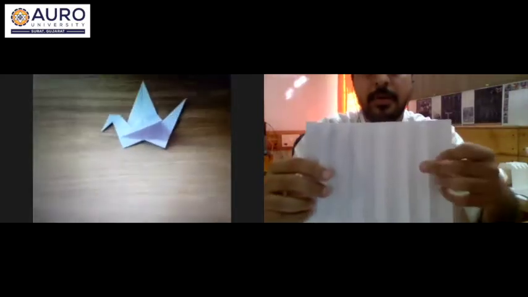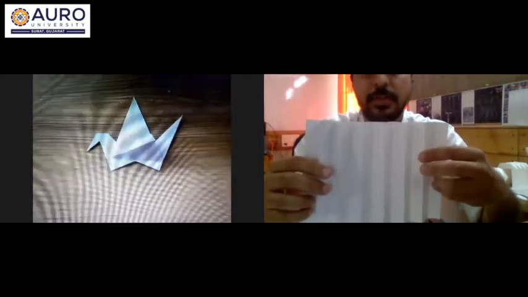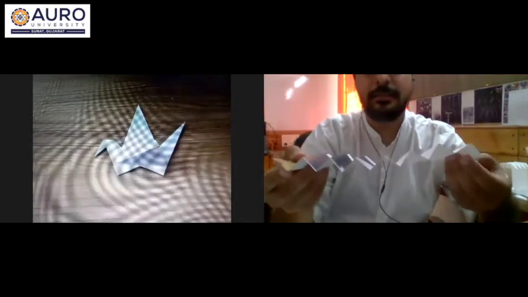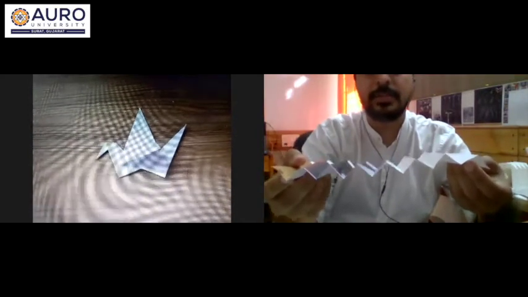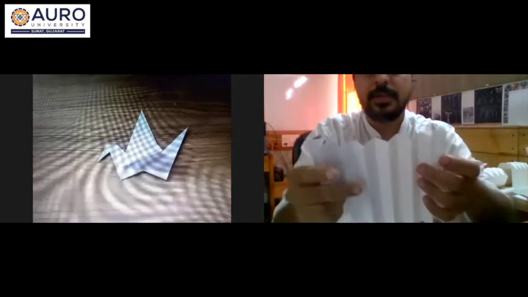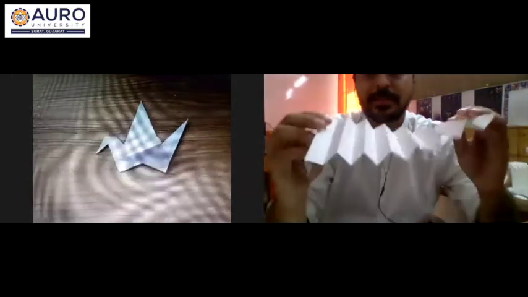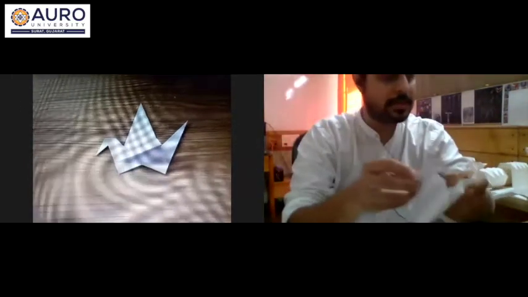And here what you see is just a very beginning paper folding, where on one side you have a ridge, where I've made a cut, on one side you have a valley. You can again see it like this. If I put it sideways, you can see there's a depression on one side. There is elevation on one side. So that's where it begins. That's where the paper folding begins.